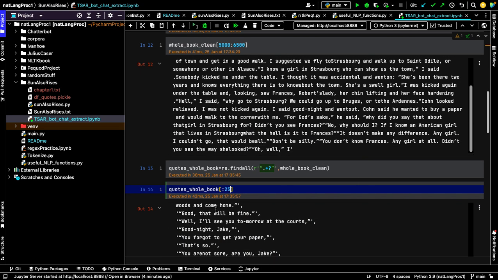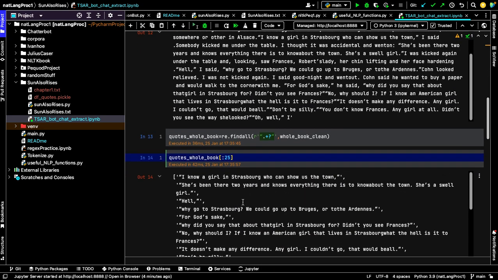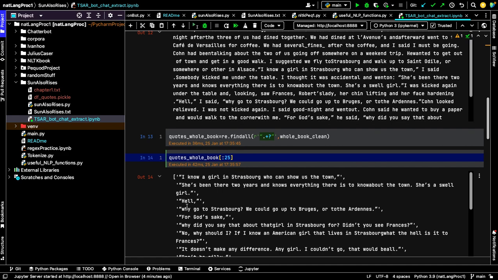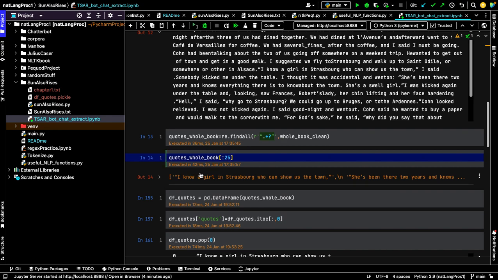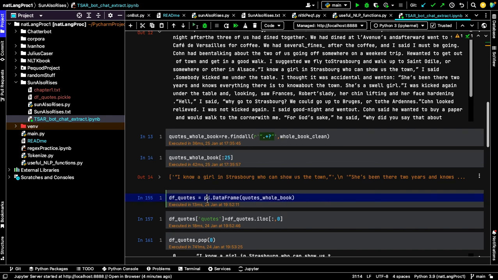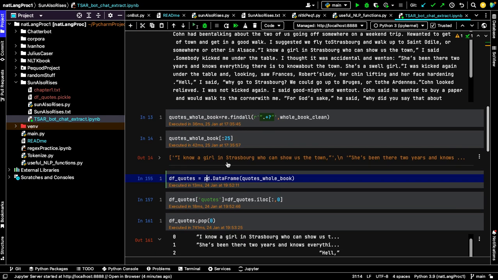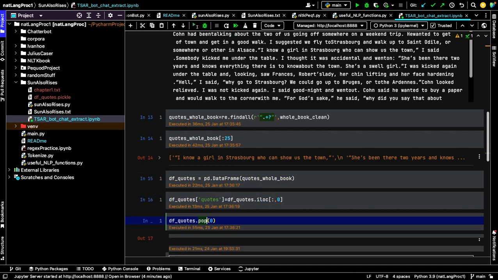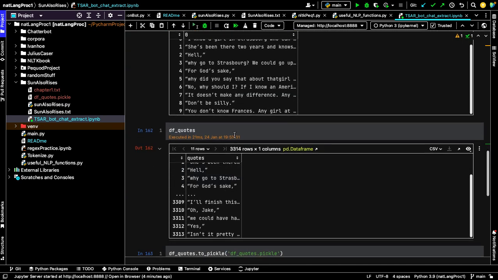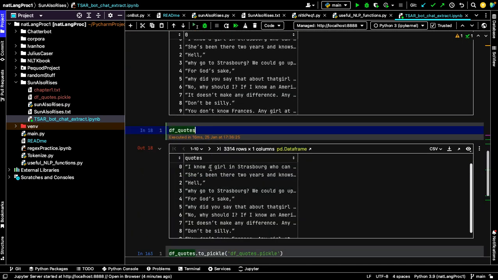See this right here? It pulled out all these quotes that we looked at. That's pretty cool. I got the quotes, and that's the dialogue, so then I can just put it into a data frame. I forgot I did that, and then boom, here's the data frame. It's just a single column with all the quotes.